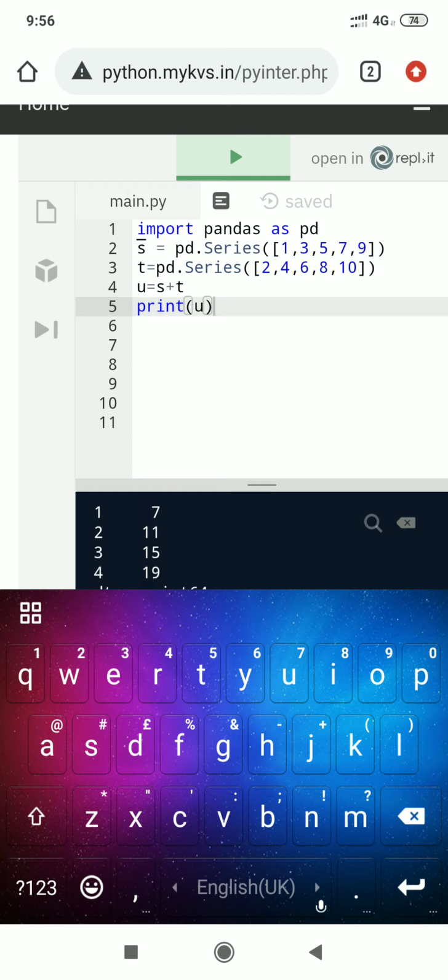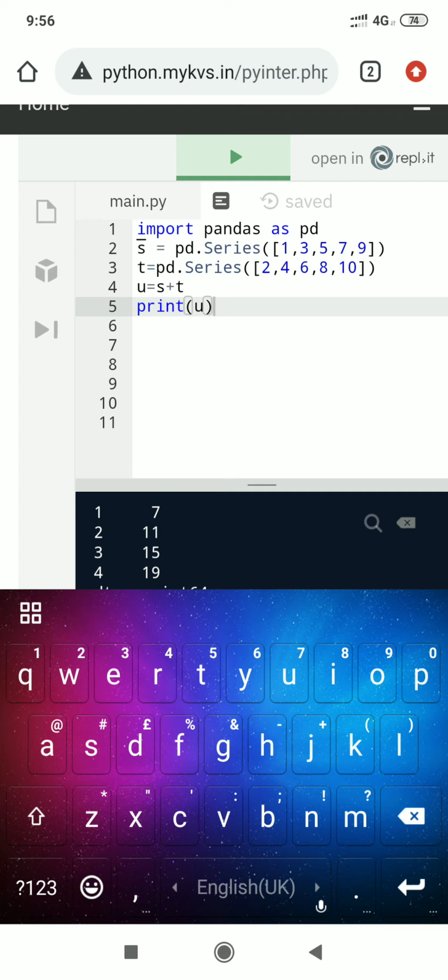So students, you will find the advantage or benefit of series, that we can apply mathematical operations over more than one value of a series object.